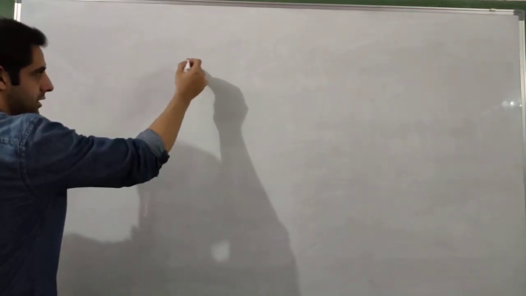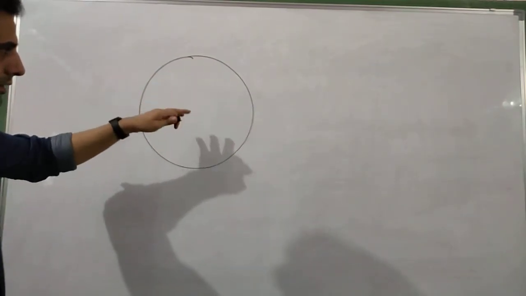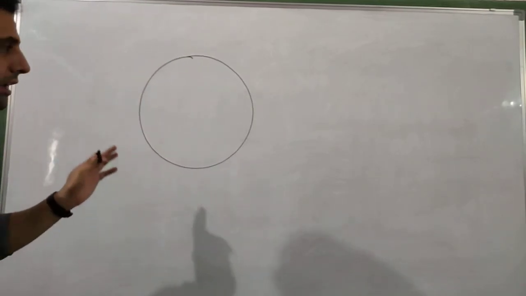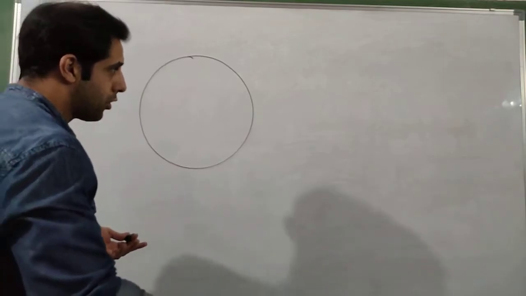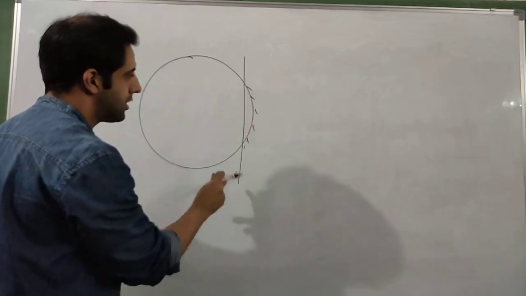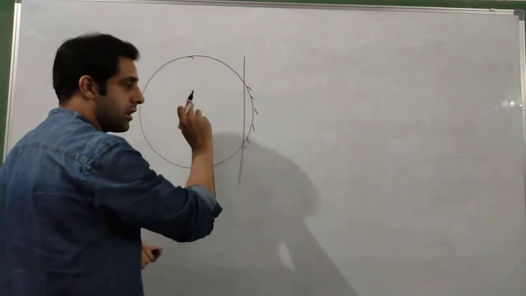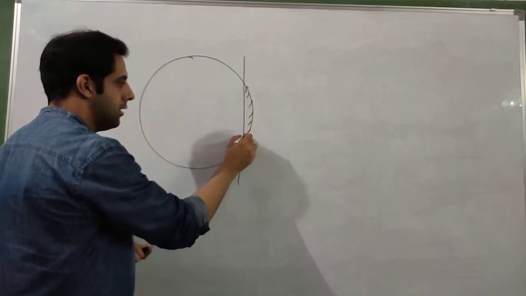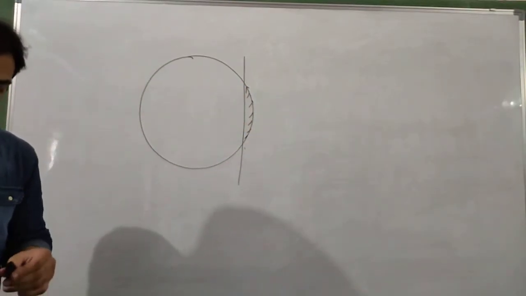I told you in one of the videos at the start that a spherical mirror is made by cutting this sphere. This is a sphere of glass, and if I cut it and polish one of the surfaces, that will decide whether it will be a convex mirror or a concave mirror. For a concave mirror, we cut the surface and polish the outer side. So this is the reflecting surface, and this will become a concave mirror. But if we need to make a convex mirror, then we polish this side. Now this is the reflecting surface, and this will behave like a convex mirror.